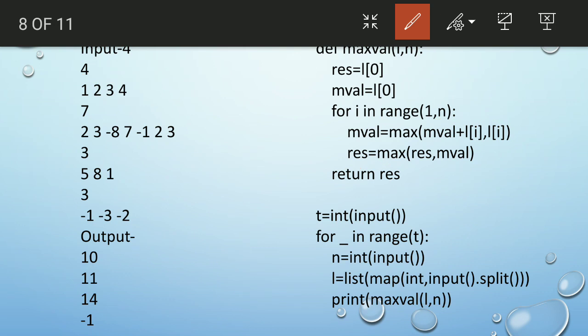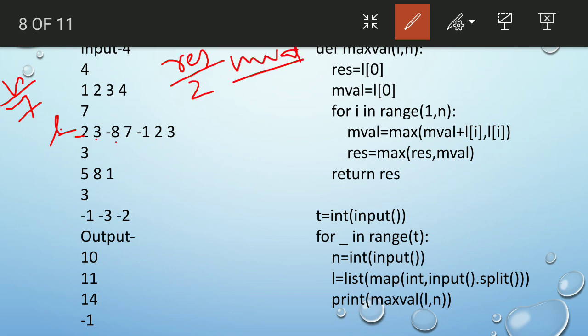Now next one, we will go with this one. Okay, so this is n is equal to 7. 2 3 minus 8 7 minus 1 2 3, this all contains the L value. Initially both res and m value contain the 2, that is L of 0. Now I starts from 1 to 6.